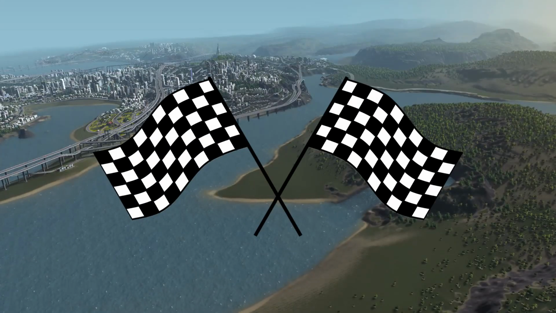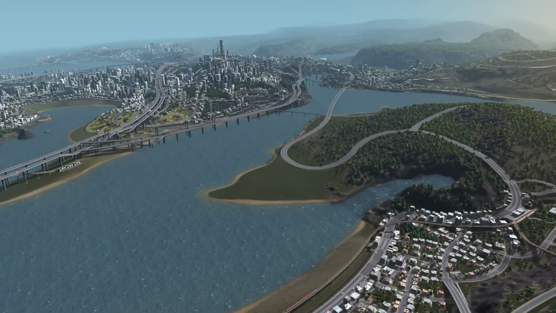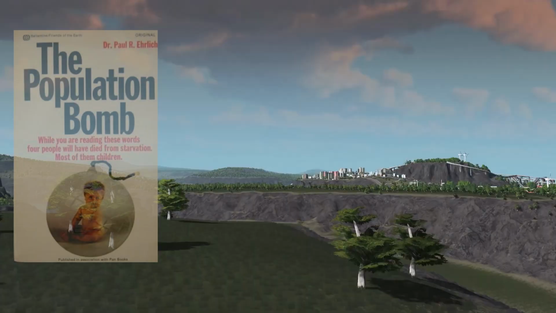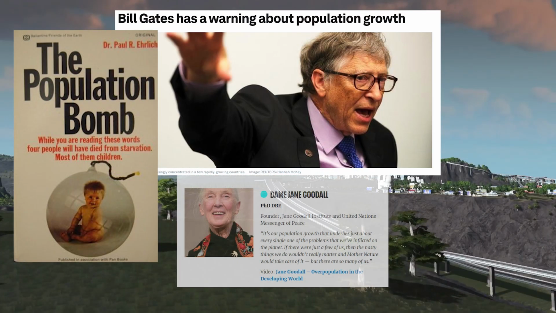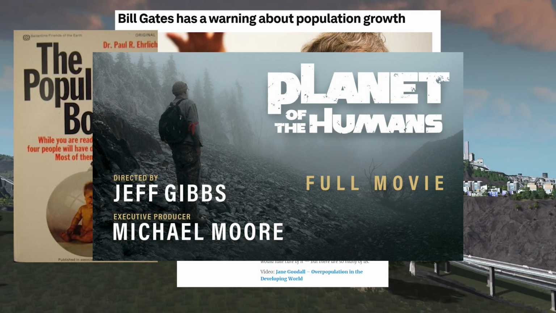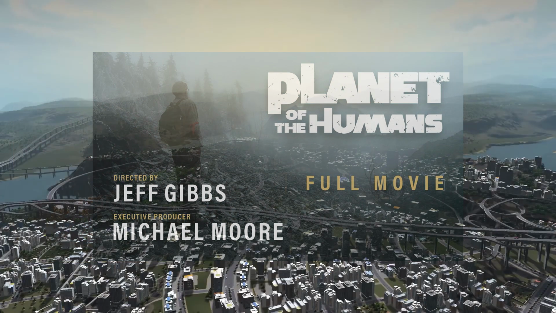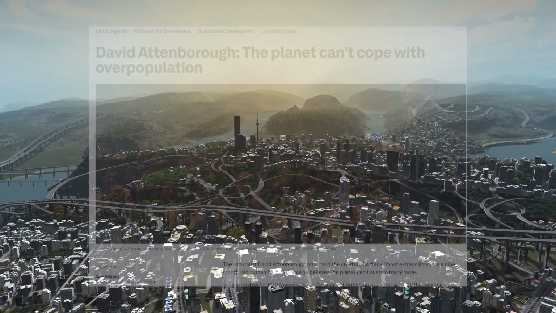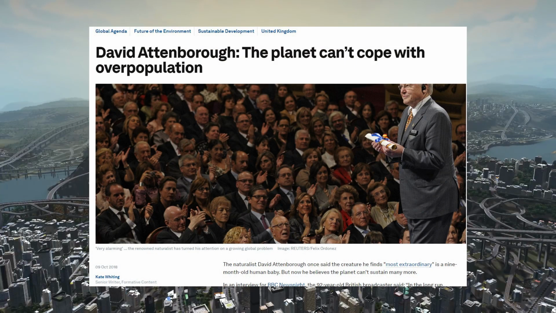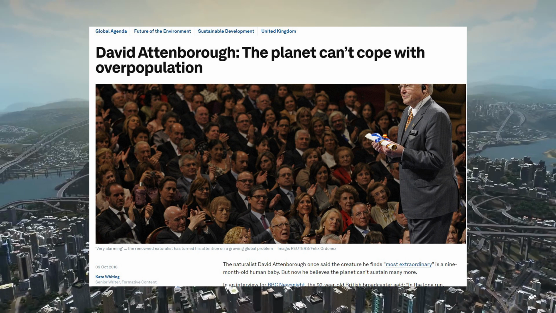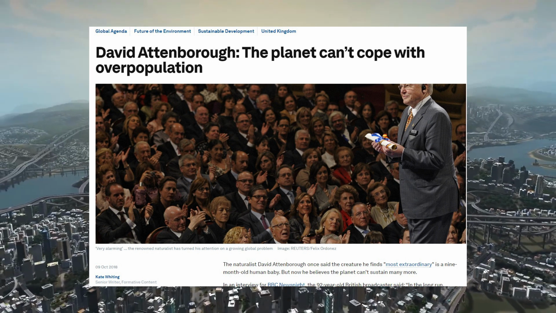However, there has been a rebirth of these ideas in the modern era, with figures like Paul Ehrlich, Bill Gates, Jane Goodall, and Michael Moore arguing that the many crises we find ourselves facing are at least partly caused by the issue of overpopulation. Darling of the mainstream environmental movement, David Attenborough, has been a long-time proponent of overpopulation theories,